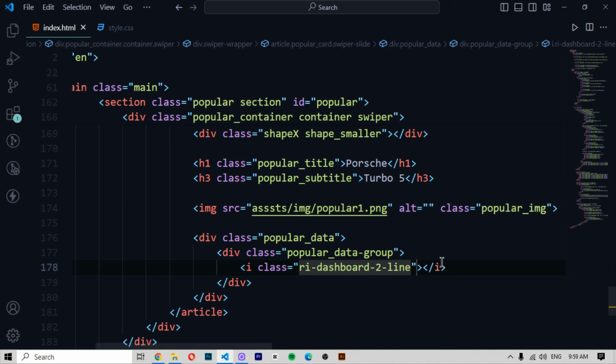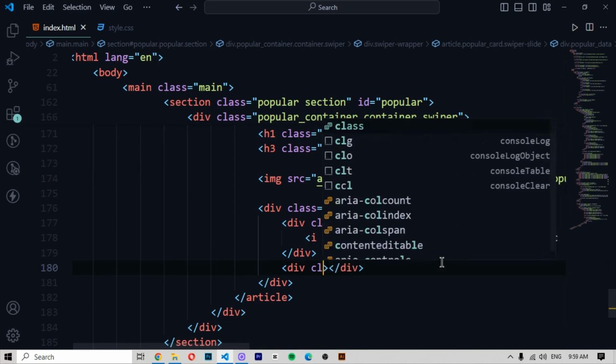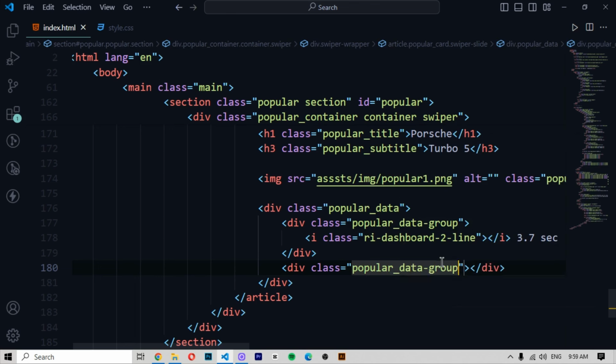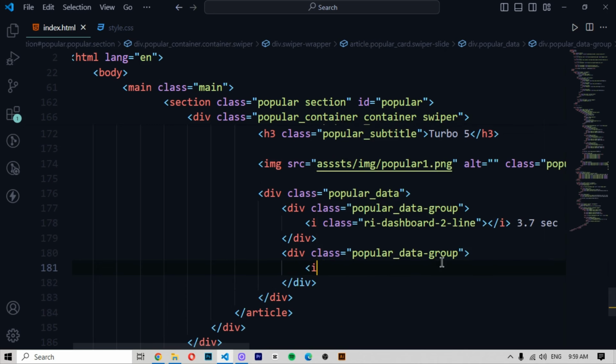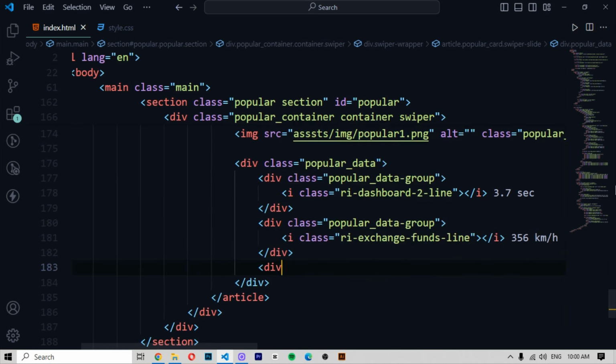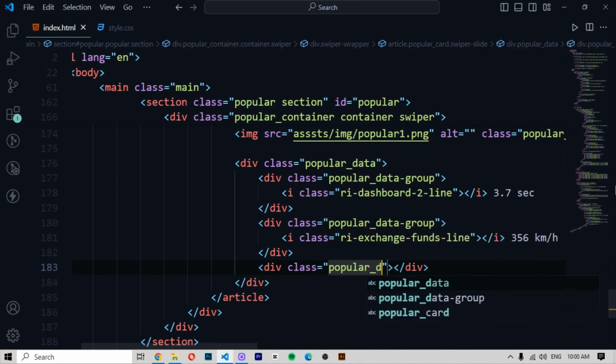And now when you do it like that, what you can do here now, you write 3.7 seconds, and then enter, then div class popular data group, you write i class ri exchange funds line, funds, okay, and here you write 356 kilometer per hour, and then here you write div again, then class will be popular data group,